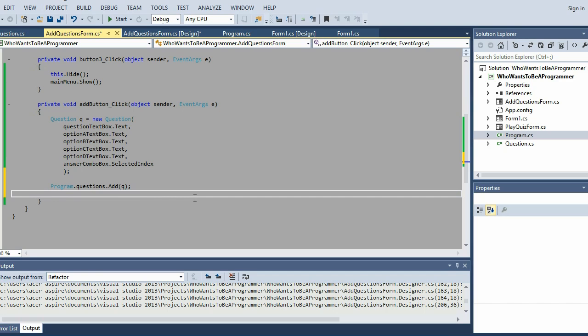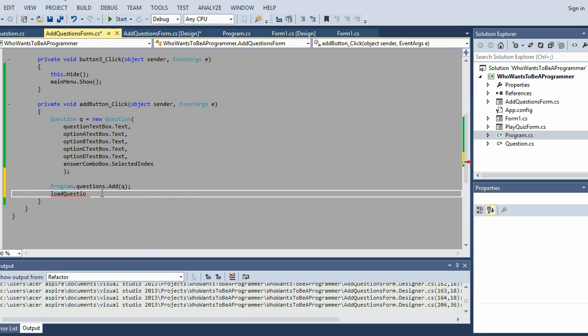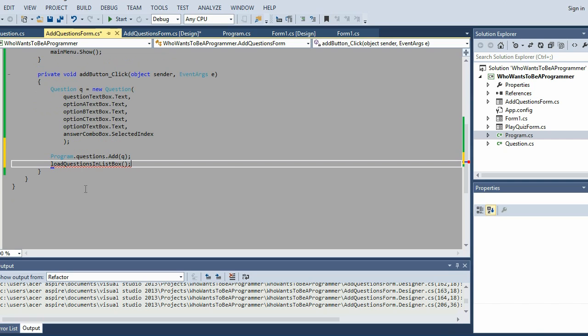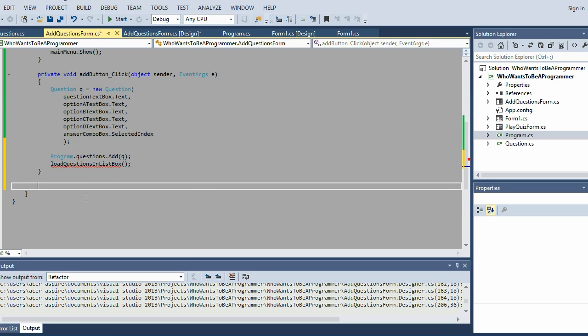So we're going to create a method for that. The method is going to be called load questions in list box. It's going to be a method. So this method is underlined in red because we haven't created the method yet. So we're going to create it here. Private void load questions in list box,